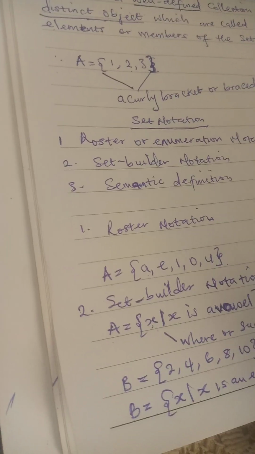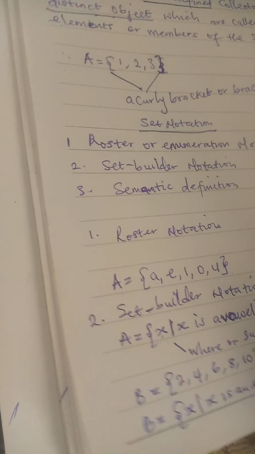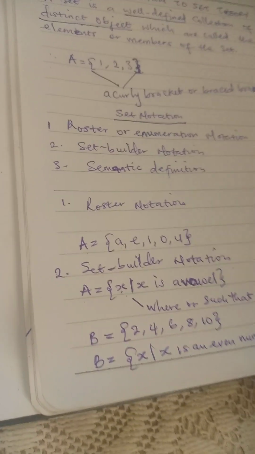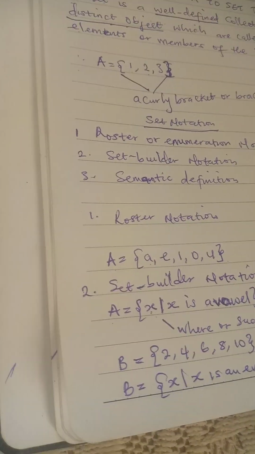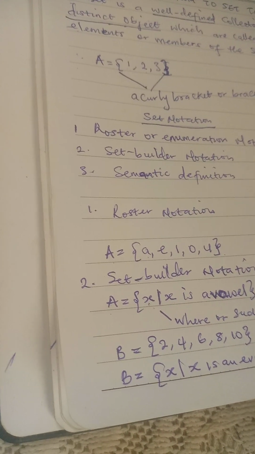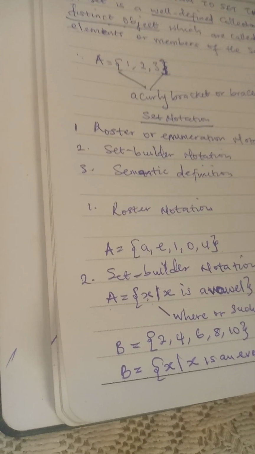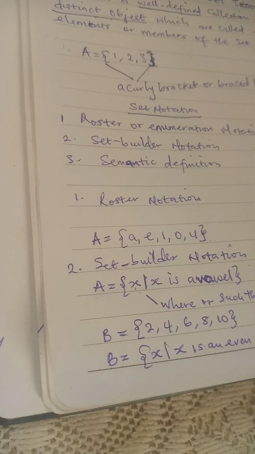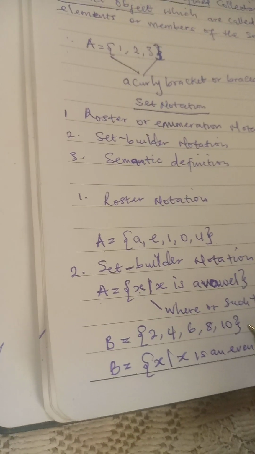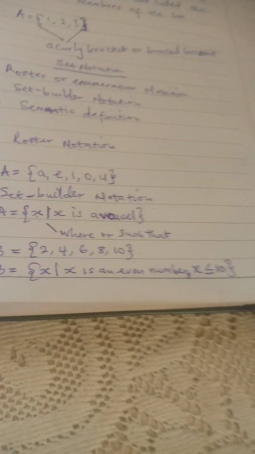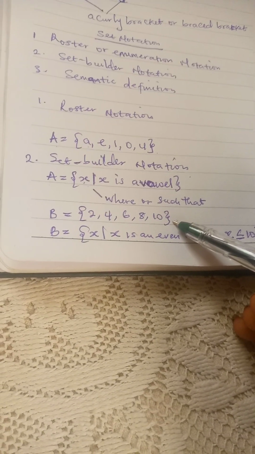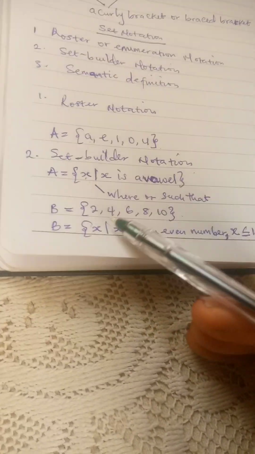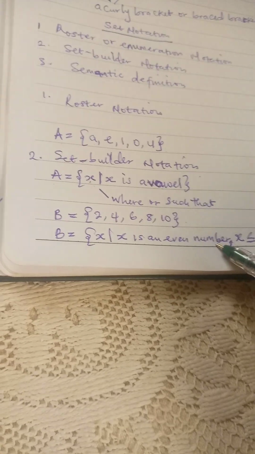And x is less than or equal to 10. Okay, so here we have B equal 2, 4, 6, 8, 10. So these are even numbers, right? So for set builder notation, I have two descriptions of this set. I believe we are following. So the two descriptions are that this set is a set of even numbers,